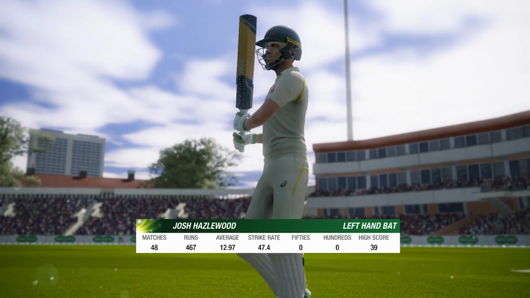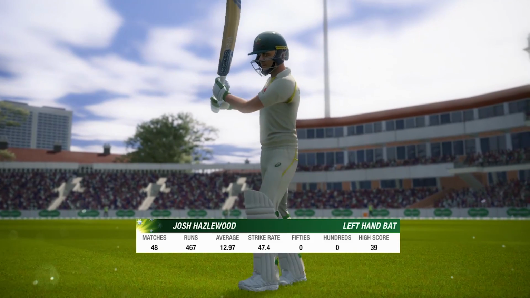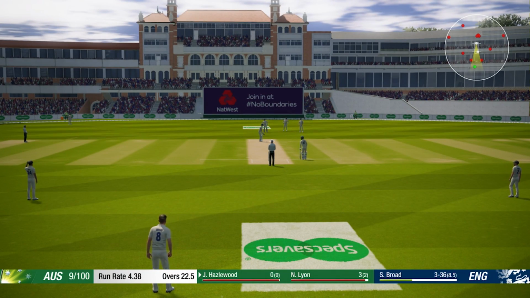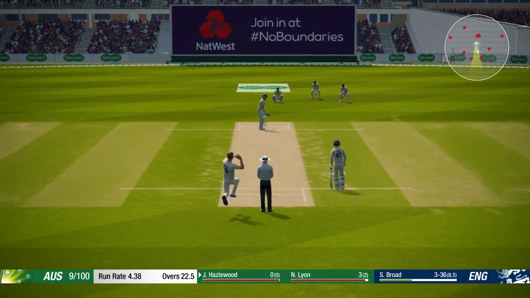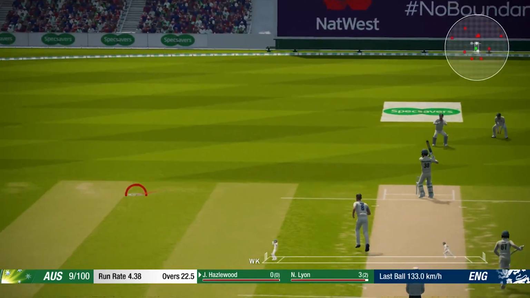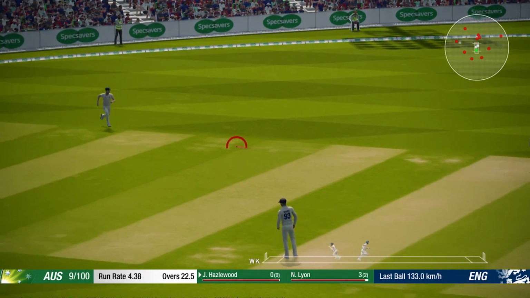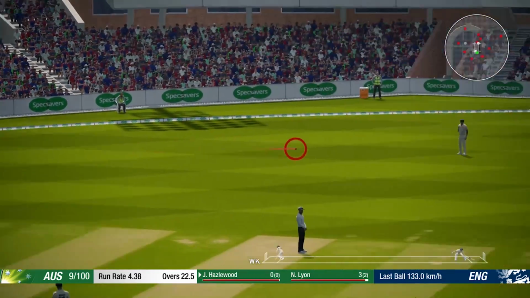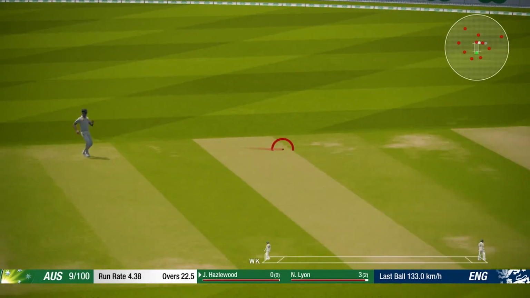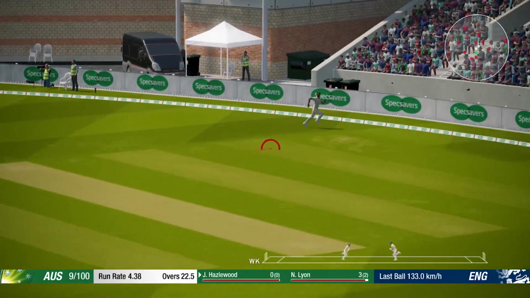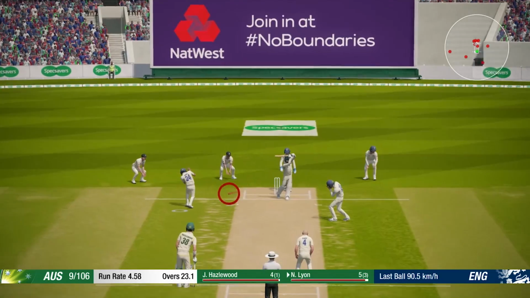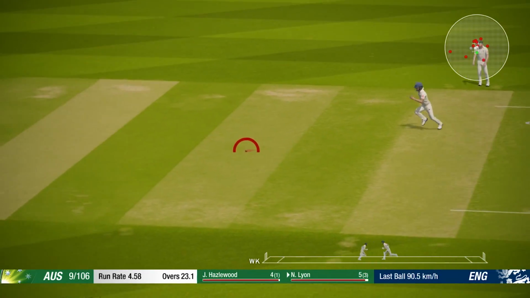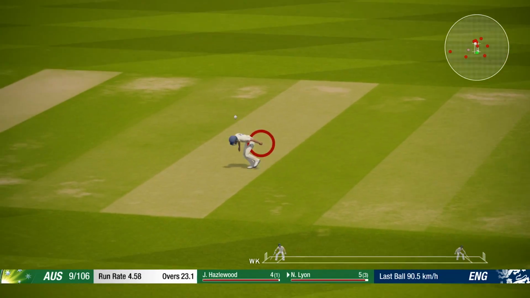Josh Hazlewood making his way to the middle. Hasn't done much this series with the bat, Josh Hazlewood. Yeah, just the 66 runs across the 4 innings. That's not too bad, actually. Averaging 13.2. Pick up a single here, get himself off the mark. What can these two eke out for Australia? Oh, there's overthrows. This will go all the way to the boundary for 4. Pretty sure that should have been 5, not 4 as well. Just giving the 4. Leading edge for 1.